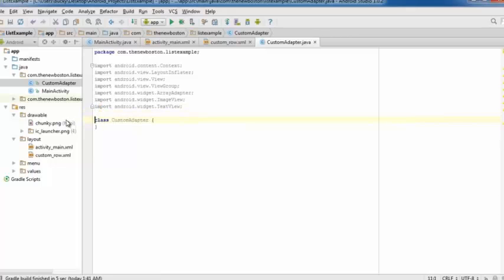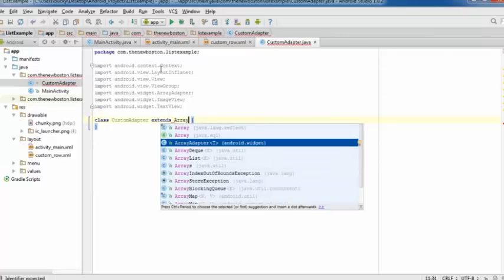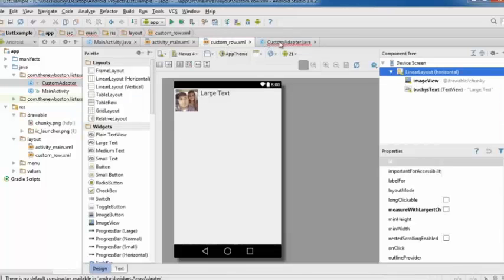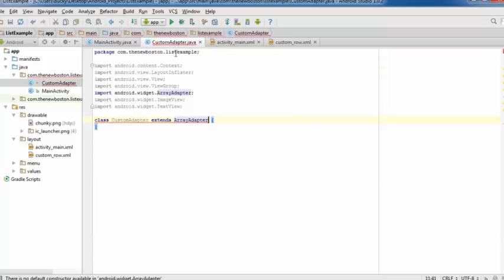Alright, so the first thing I want to do is get rid of public, so we just have class, and you need to inherit from ArrayAdapter. So this essentially says, okay, what we're creating here is an array adapter, or an adapter to take an array and convert it to our own custom view. And let me arrange this. Alright, so just like before,